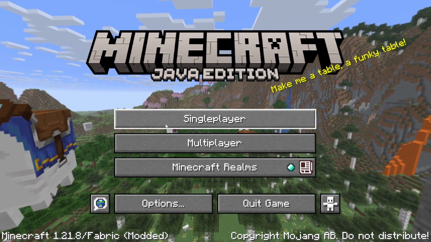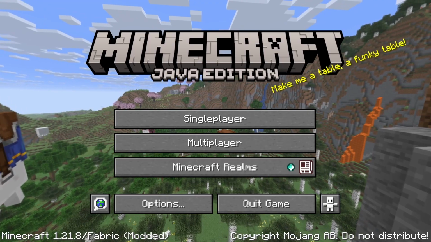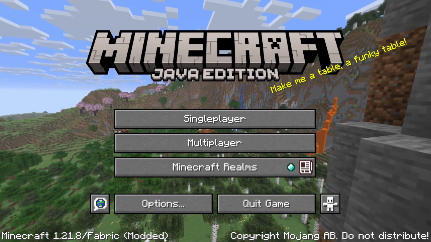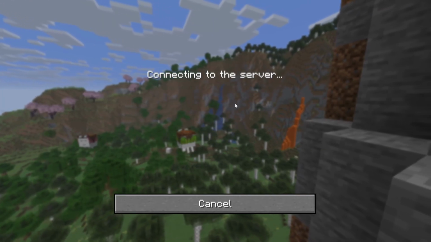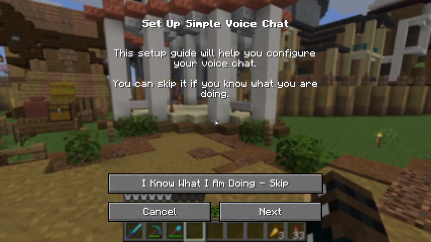So I've got my Minecraft open now. You will notice down in the bottom left here that we've got 1.21.8 Fabric installed. Everything seems to be working. And then I'm going to just hop on the Wixcraft server here and show you guys a little bit about how this mod works. So once I get on the server here, I'm going to hit V to bring up